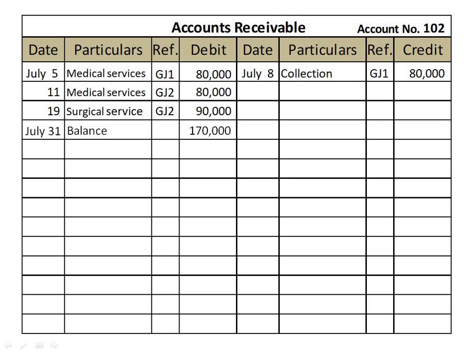Of course, just by observing these figures, you know that the total debits must be greater than the total credits. And hence, the balance is really a debit balance. You don't even have to press your calculator to get the balance. This 80,000 credit cancels out this first 80,000 debit. So that this second 80,000 plus 90,000 on the debit side equals 170,000